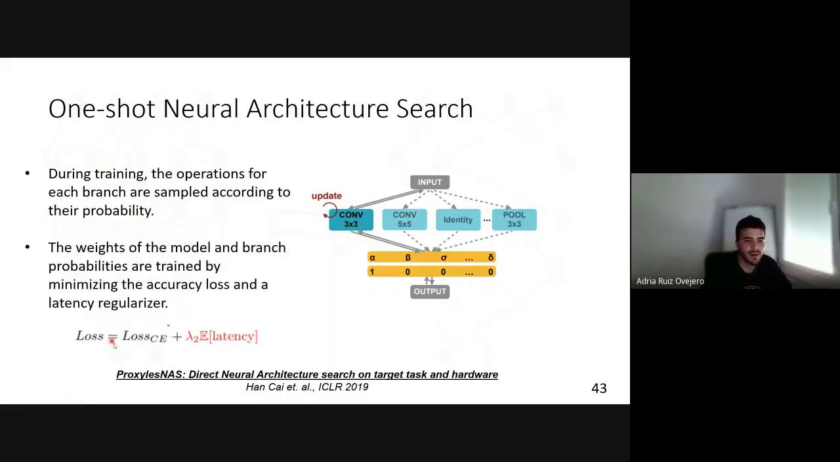And also, apart from minimizing a loss, taking into account the accuracy, we will also minimize the computational complexity. So the expected latency that we expect from sampling a given architecture. So from the expected latency, the expectation of the latency of all the architectures that are embedded into this super network according to these probabilities. And this latency